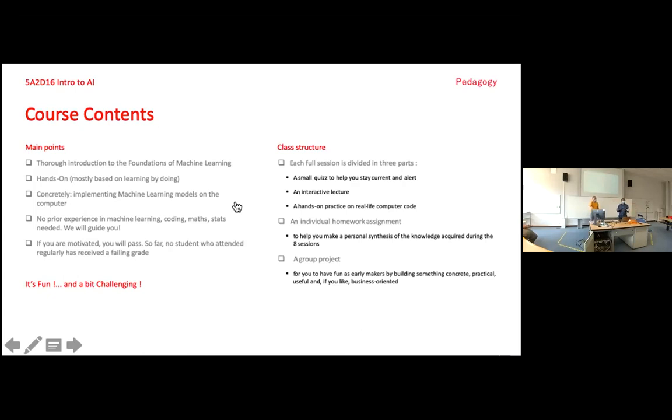It is basically learning by doing. We give you the code, you learn to fill in the code, and by doing that, you learn how the machine learning model functions. It's a lot of fun and some challenge, as I told you. The challenge is basically just to stay there. There's no difficulty, you just have to be patient in the learning process. Now the class structure.